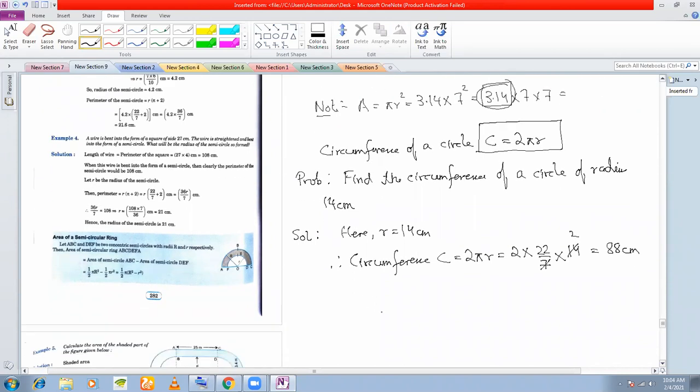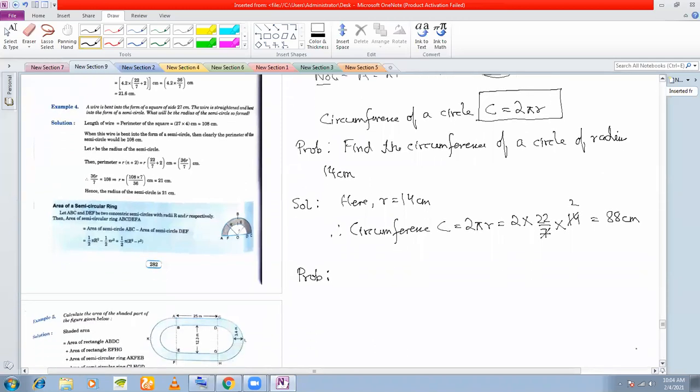Now let us come to a problem where the area of a circle is given to you and you need to find out the circumference. Now this is a very important problem, that when the area of a circle is given, how to find out the circumference, or when the circumference is given, how to find out the area. If you can do this problem, you can do the other way around. Area given, you can find out the circumference. The other way around is circumference given, you can find out the area. So if you know one way, you can do both ways.